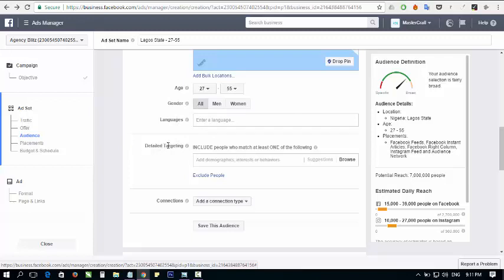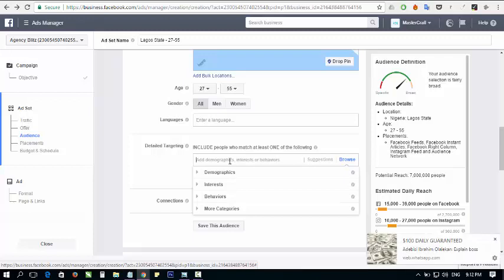So detailed targeting, this is where it gets a bit tricky, guys. Okay, so you want to put people that match your descriptions for your target audience here. You have the options to insert demographics, interests, and behaviors, and some other categories. Now, most Facebook experts advise that you target interest only. Some others advise that you target only pages when you're targeting your audiences. But I like to do a mix of the two, alright? I like to target both interest and pages